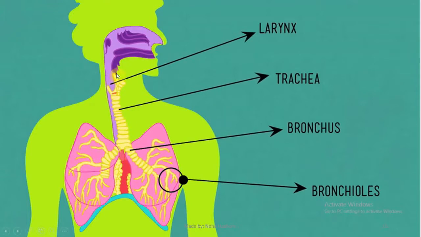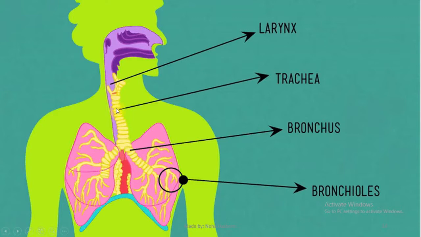We'll start from this part in here. We have a part called the pharynx, and the pharynx is a part of the throat. It's a common part between both the digestive system and the respiratory system, and it's behind the nasal cavity and the mouth. After the pharynx, we have the larynx, which we call the voice box, where your voice is produced. And then you have the trachea,